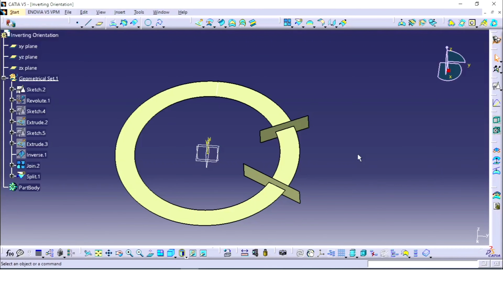When you have cases where the splitting element or any surface has the same orientation, when you want to split it or trim it or do any operations, then you will get an error. That time you can use the invert orientation tool to create the geometry which will help you to create your required surface or geometry. The invert orientation is commonly used in surface modeling like reverse surface normals, fixed offset directions,